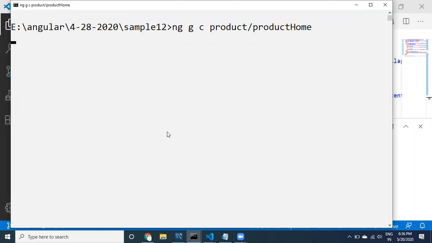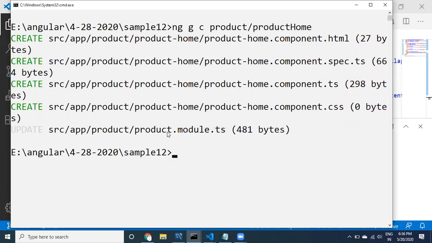Product / product home. Okay, it has created the component. What component has it created? Product home component.